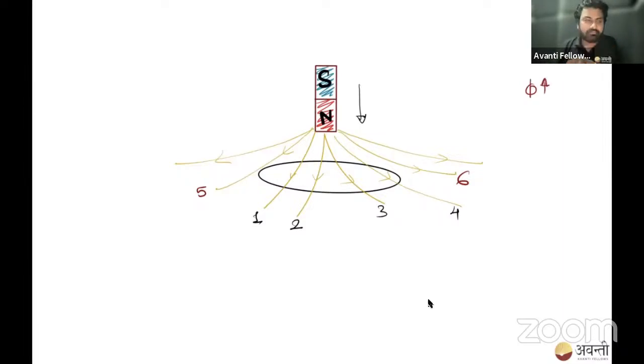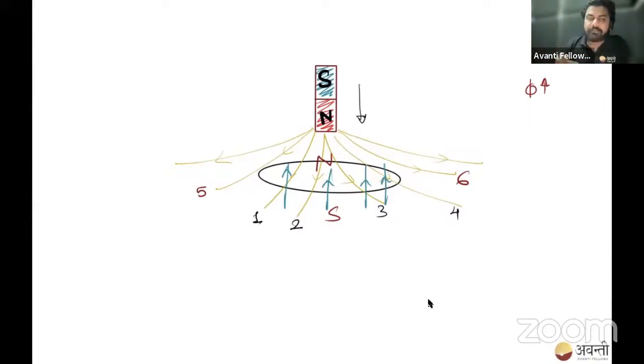Now this coil will say, oh, north is coming towards me. So I will also make north and repel it. So I will go against it. Okay. This north is coming inside of me. I will make north on my side. So like this, it will make north and south. Okay. And the magnetic field lines go from north. So magnetic field lines are increasing inside. This coil will create magnetic field lines which are upwards like this. This type of magnetic field lines will oppose the magnetic field lines.